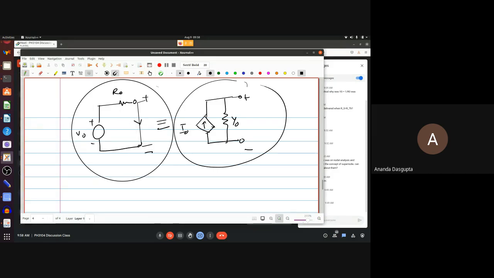How much current would flow here if I were to put a short across the output terminal? You should never do that to a real battery, of course, unless you want it to burn up. But in a calculation, you can always do that. Put a wire across the two ends of a battery. Now you're all cooped up at home, so don't try. This is one experiment you should never try. Don't put a wire across two ends of a battery, unless you want to lose the battery and burn a wire, and perhaps your finger as well. But how much current will flow here? That should be easy.